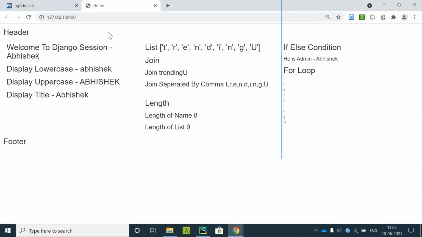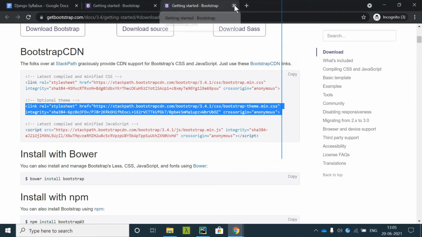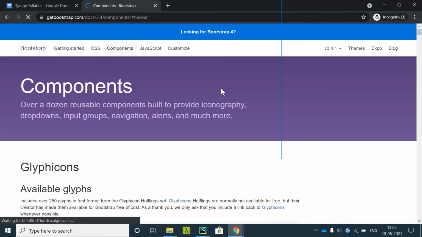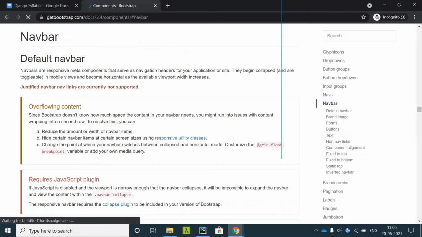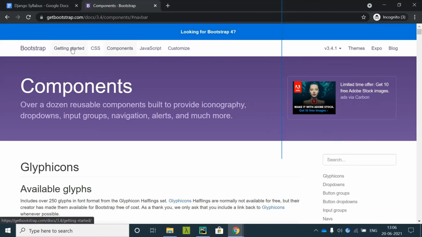Now going to Bootstrap, we'll start using the navbar for the header. So we'll go to the Bootstrap page and look for the navbar. Navbar is something like this. This is your brand name, whatever name or image you can put over here, and these are the list, in the form of a list. These are the different tabs available, like getting started.